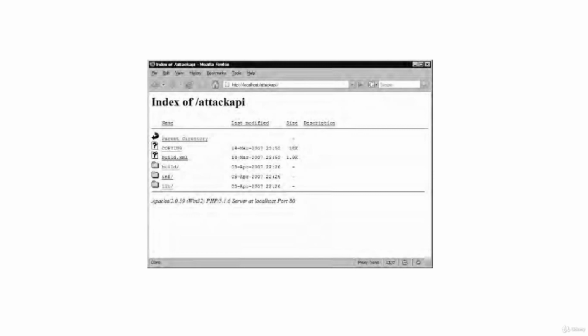Once you are ready with the initial setup, open Firefox and point it to the Attack API folder served from localhost. You should see something similar to that shown on the figure. Go to Build to Test to fastestinteractive.html. This file contains all of the necessary elements that we are going to use over the next few pages.